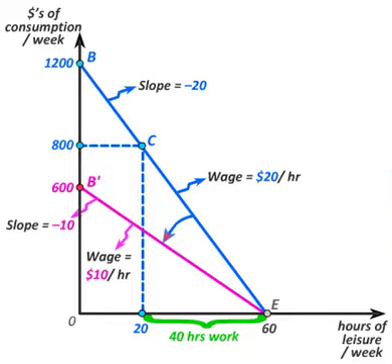If I consume $1 more when my wage is $20 an hour, I'm implicitly giving up 1/20th of an hour in order to earn that dollar that can get me that additional consumption. But if my wage falls to $10 an hour, I'm giving up 1/10th of an hour, twice as much, when I consume $1 more of consumption. Thus, as my wage falls, the price I pay, the opportunity cost of consuming, has increased.